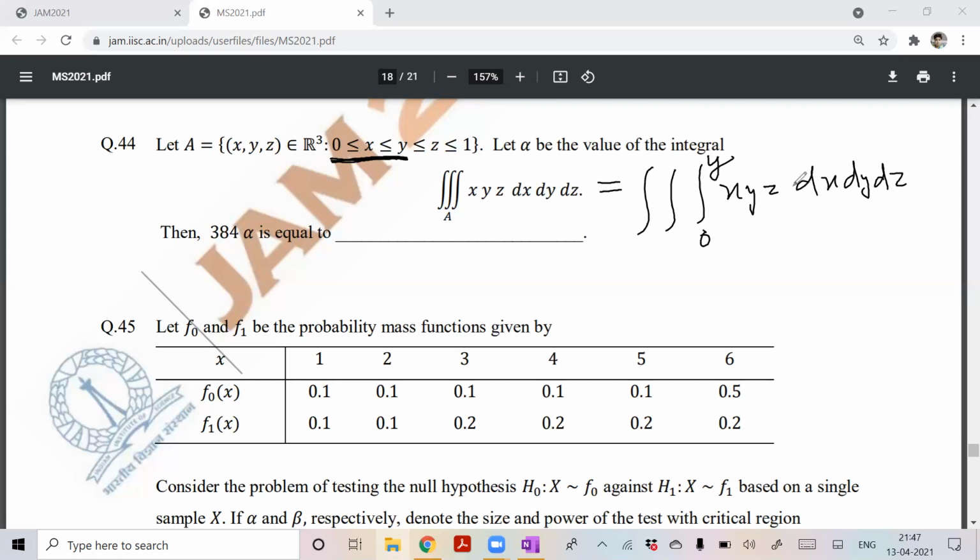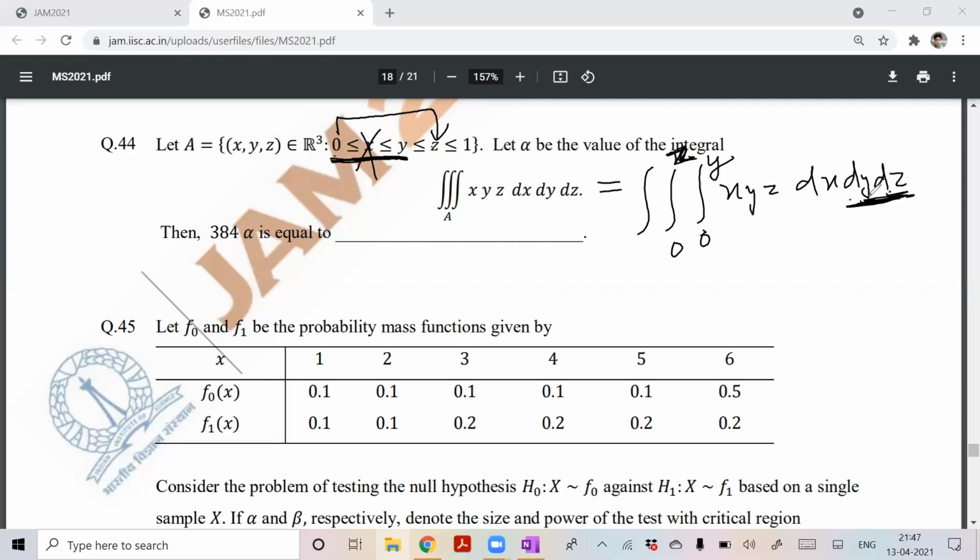Now you will take the projection on only the yz plane. So you will remove x. Now you will see what is the limit of y. So you just delete x and see where y is from and to. So y is from 0 to z. Sorry, 0 to z. y is from 0 to z.